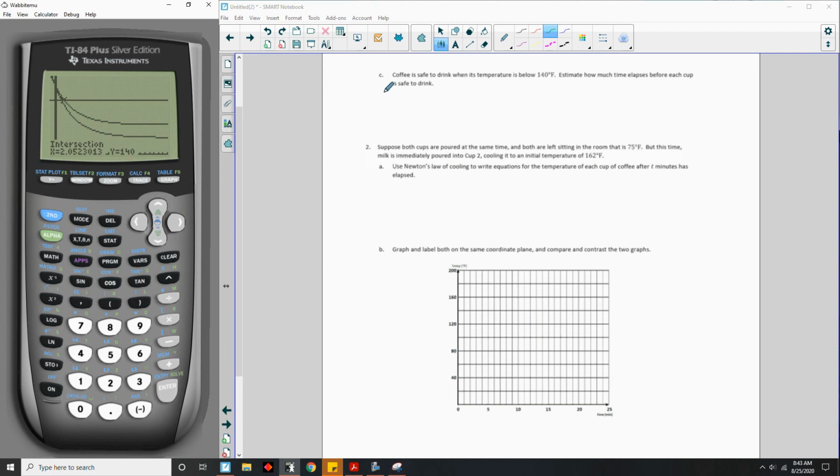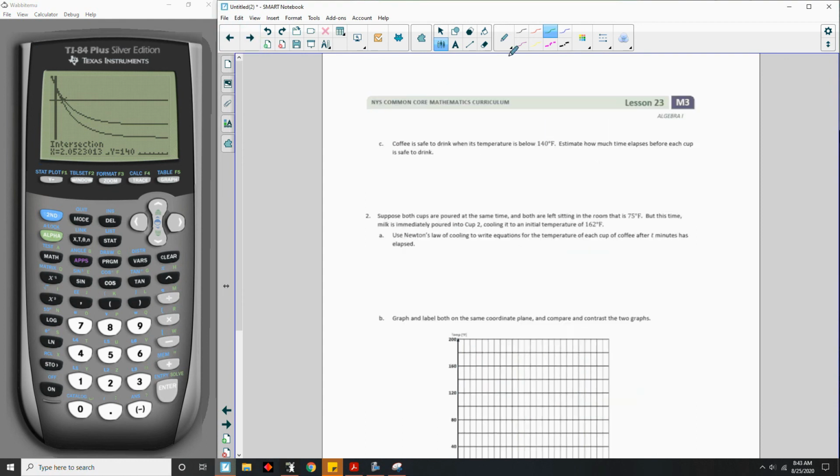Okay, so that's cup 1. All right, so cup 1 I believe was in green. Let me make sure I'm staying, yep, cup 1 was in green. So cup 1, I would say approximately 2 minutes. 2.05 minutes, so just over 2 minutes. So cup 2 is in blue,